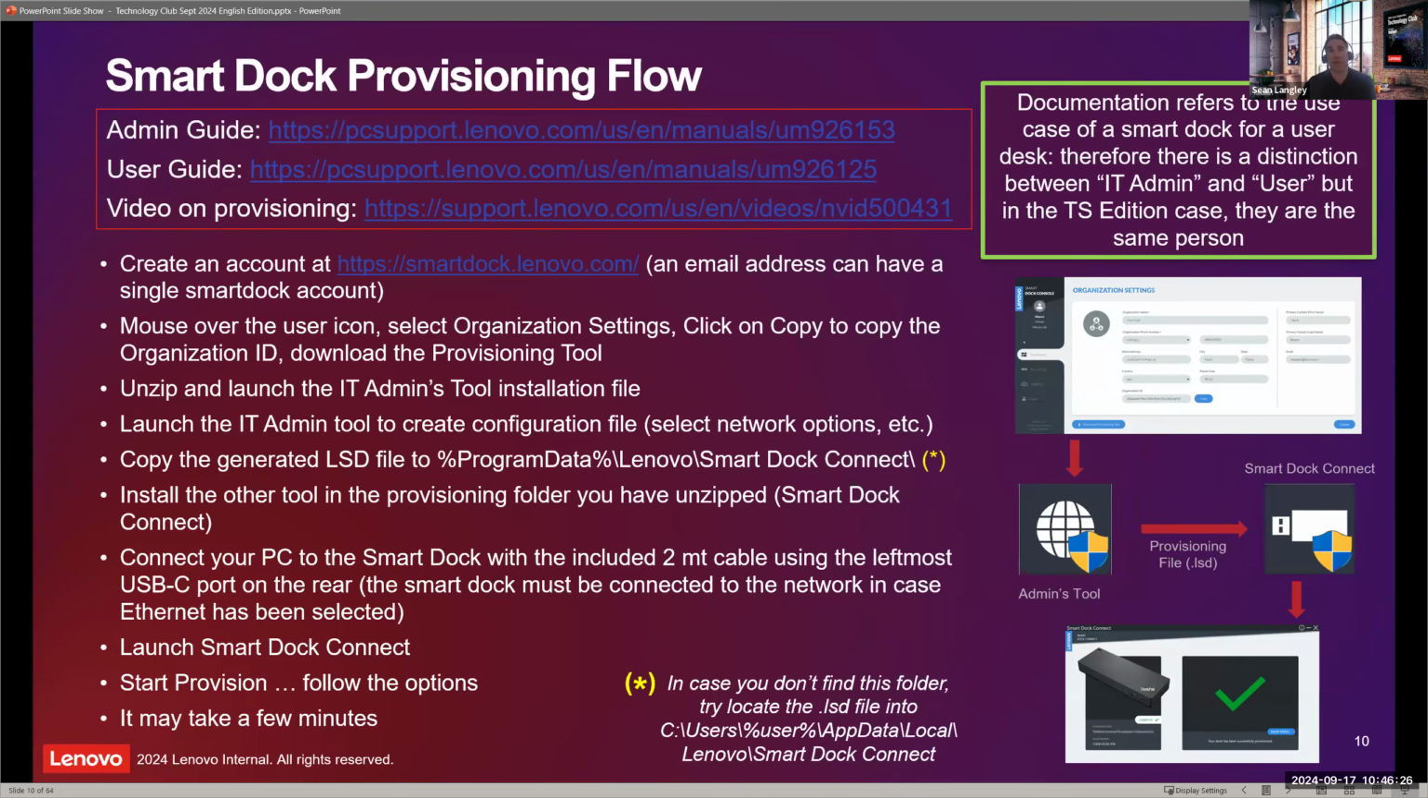When you create that account, you will create an organization. It's similar to ThinkSmart Manager in a way. Once you're logged in, go over the icon, organization settings, and you click copy to copy that organization ID. Very important. Download the provisioning tool, and then you can unzip the tool, and there are 2 files in that tool. One of them is the IT admin's installation file. You launch that tool,